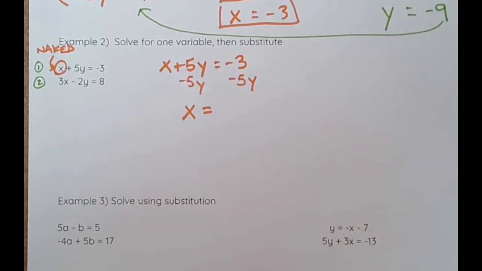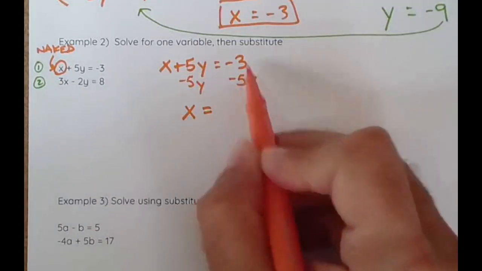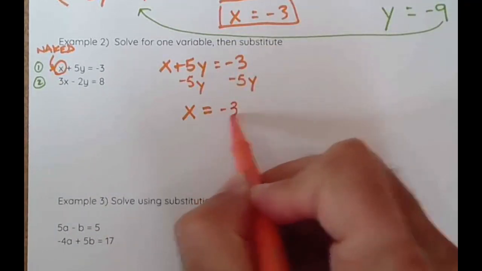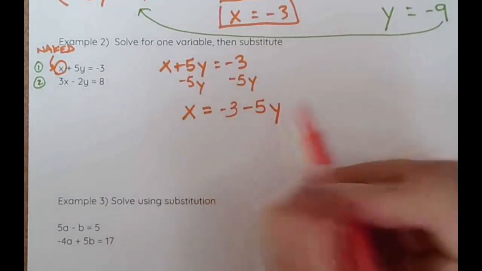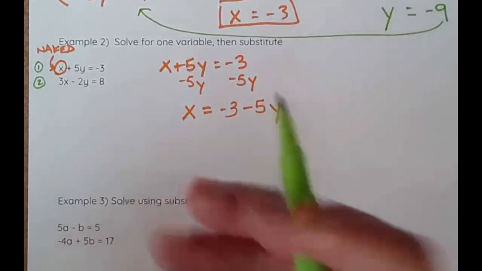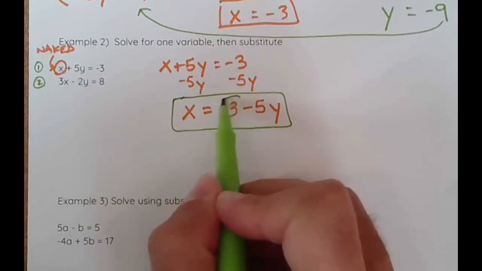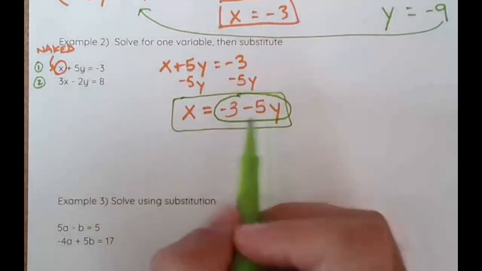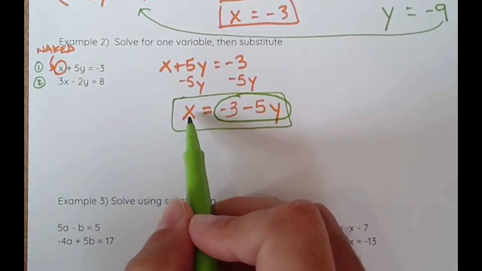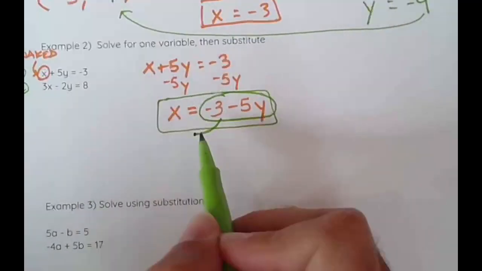And that's going to be equal to negative 3 minus 5y. So I'm going to take this negative 3 minus 5y, which is equal to x, and that's going into my second equation